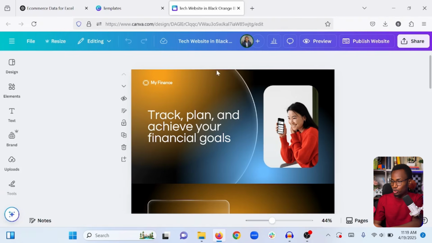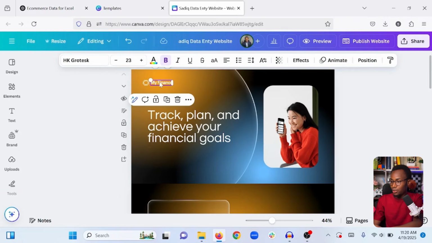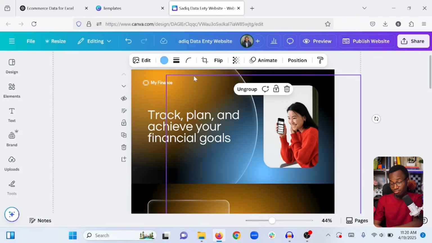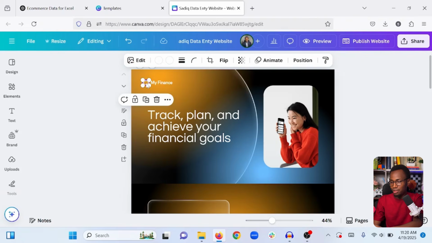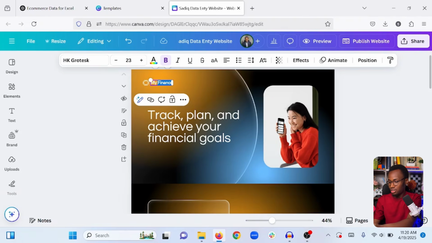The first thing I'm going to do is change the name of the template right here. I can just highlight everything and change it to maybe something like Sadiq Data Entry Portfolio or Data Entry Website. Okay, great. So we are going to start making changes. The first thing I will change is the logo. If you have a logo, go ahead and add your logo, but if you are a beginner, I'm guessing you don't have one, so you can just delete it, or maybe say something like